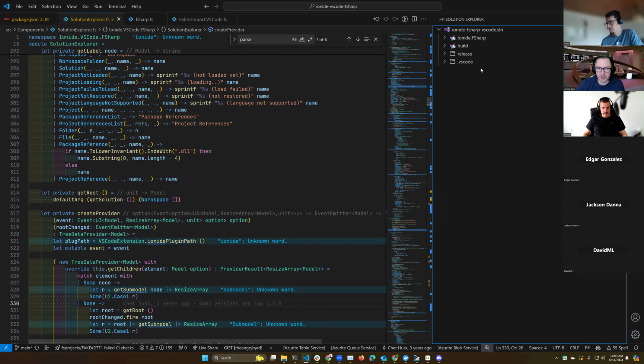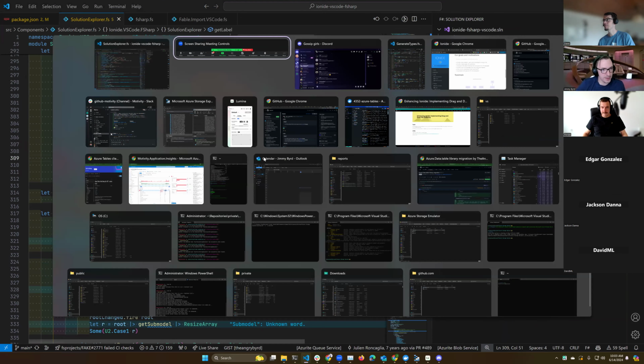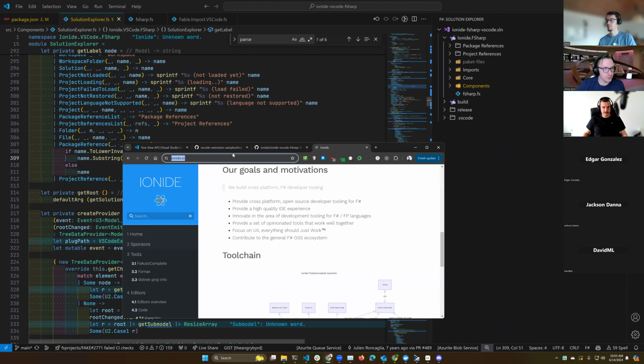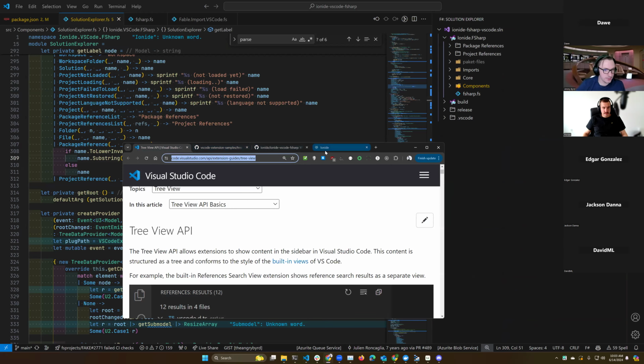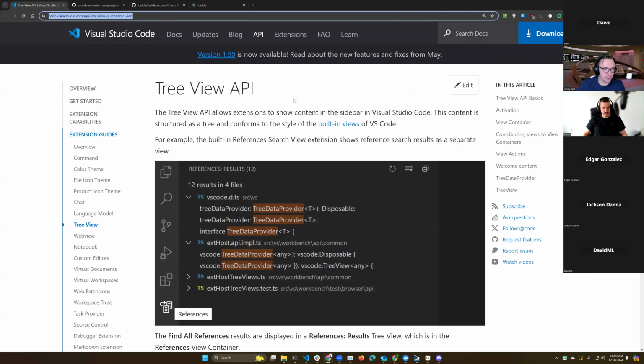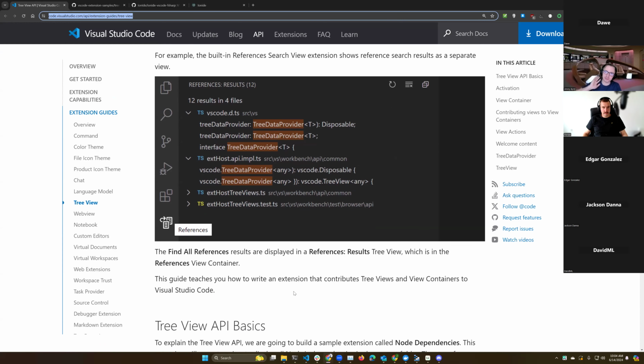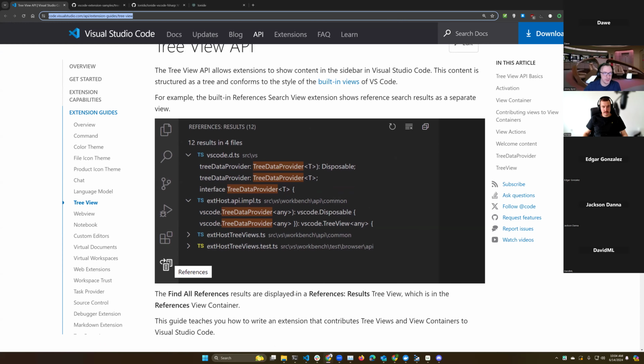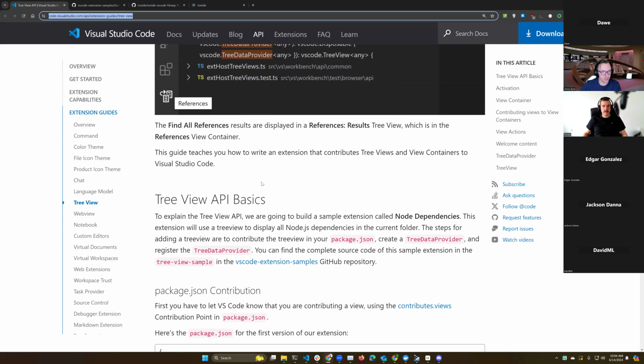So that's what Jack was showing here. And what this is powered by is something called a tree view. So the tree view API is this concept of these nested directories or folders or files or whatever the tree is. It's just a tree, right?